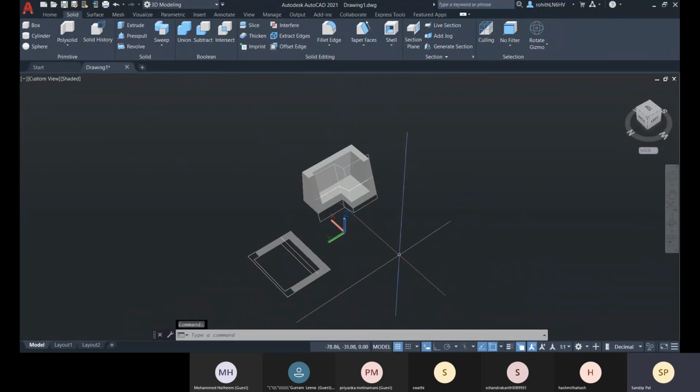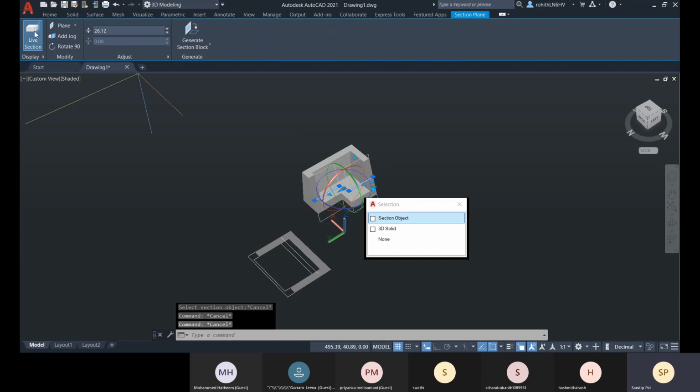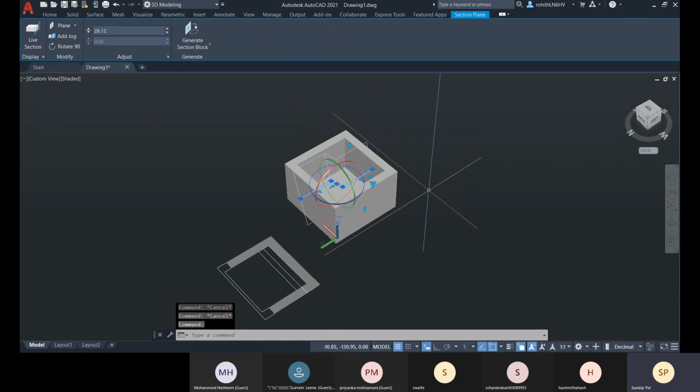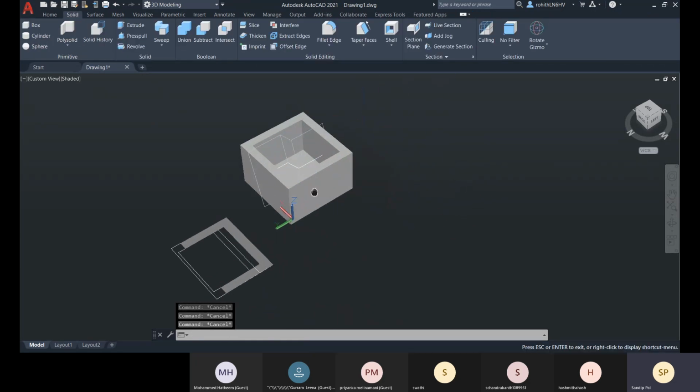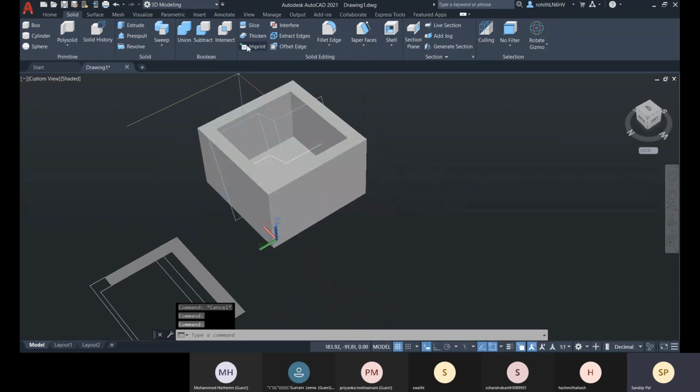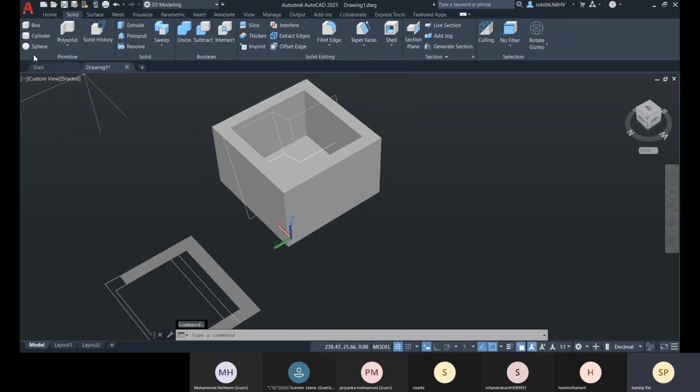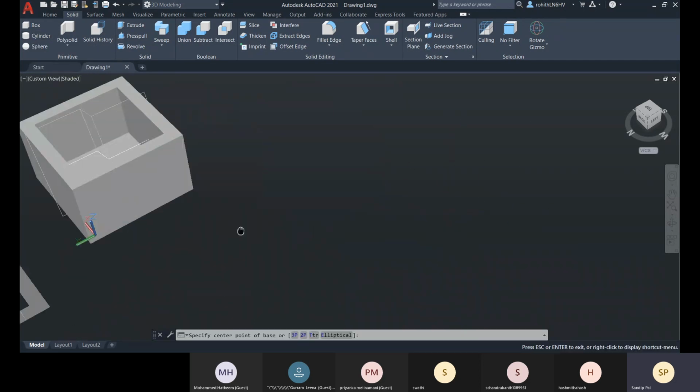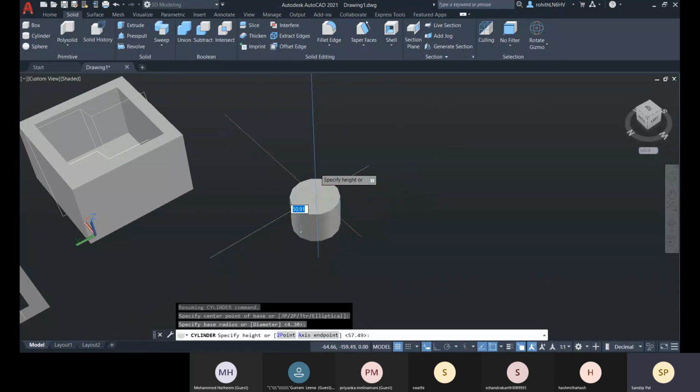All right, so let me uncheck this. Now let me show you one thing that is called imprint. Okay, that is called imprint. And so for that let me go with the cylinder here, here let me go for it.